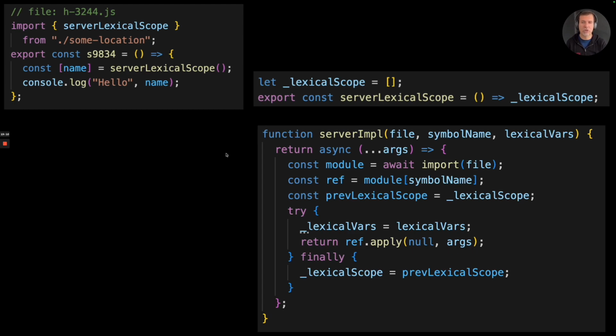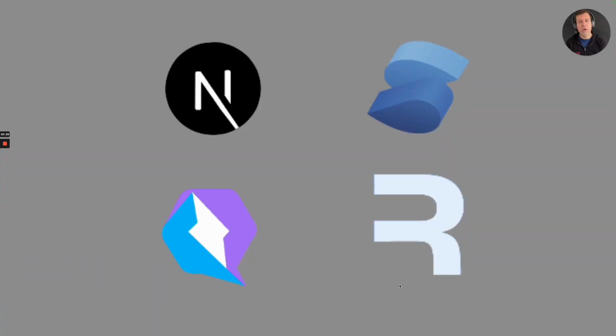So when the function gets called, this is the function right here. This is going to get called. This will call this piece of code right here, and this code will return the lexical scope. In other words, it will be able to restore the value that we had over there. And then finally, we have to clean up on finally. And so in this way, we can do that.